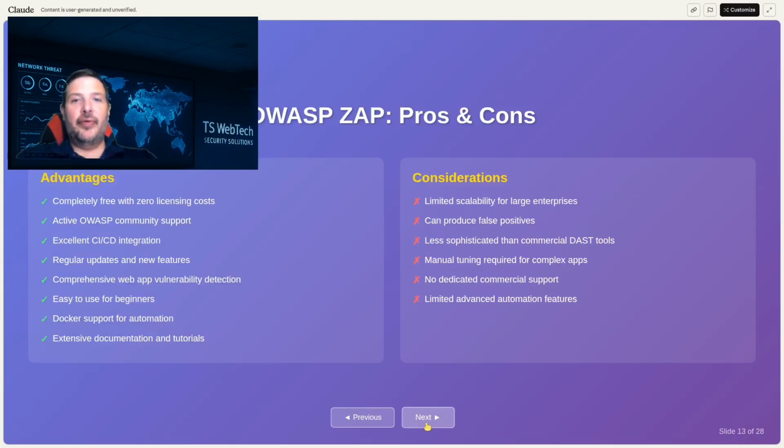So what do we got for pros and cons? Con, limited scale. Advantage, completely free with zero cost. You can see this is a perfect one for beginners to start off with before you get into,